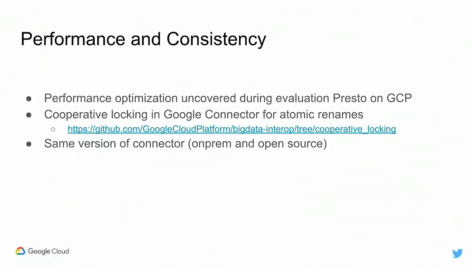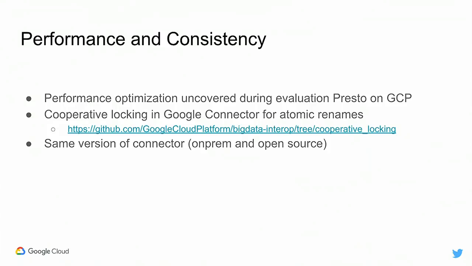There will be a lot of things around the Google Cloud Storage connector, especially for the object store, because we have been used to using HDFS, and our applications are used to thinking in an HDFS kind of way, wherein renames, for example, are atomic. But that is not possible on GCS. So the Google folks implemented cooperative locking, wherein if you turn on that flag and multiple people are trying to do a rename, it will take a lock and do the rename, and there is an FSCK for recovery and all those things.